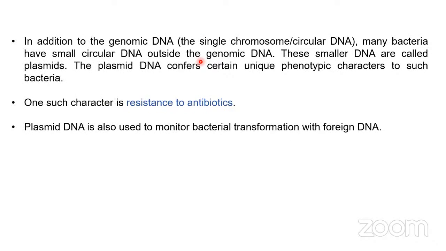We can have a plasmid that contains a gene which makes the bacteria resistant to ampicillin, or a plasmid with a gene that makes the bacteria resistant to some other antibiotic like penicillin. So these plasmids confer unique phenotypic characters to the bacteria, based on the genes present on these plasmid DNAs. As I mentioned, one such character is resistance to antibiotics, which is very important, and it plays an important role